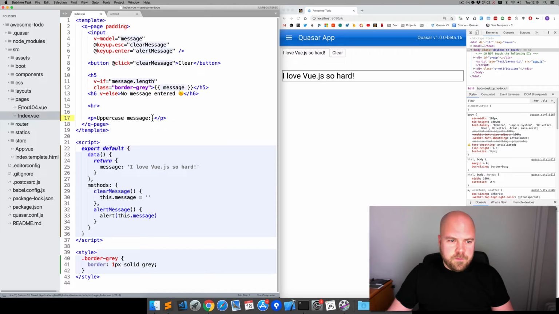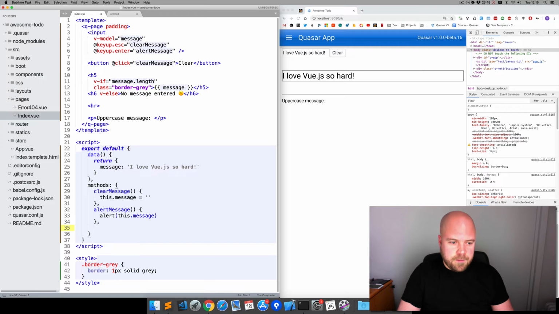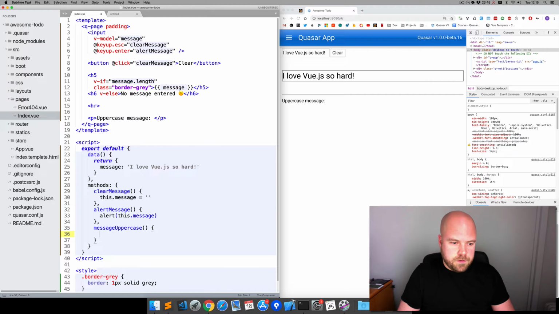And then we're going to manipulate this message, convert it to uppercase and display it here. So let's create a method to do that first. We could call that messageUppercase, and we could just return this.message.toUpperCase()